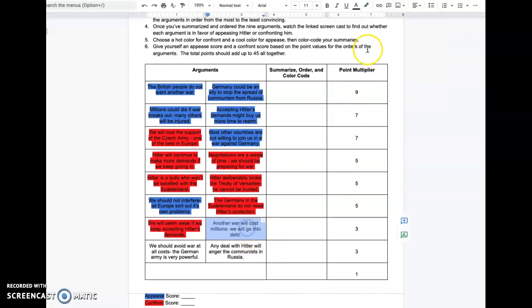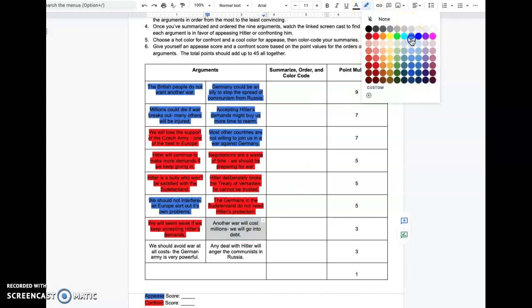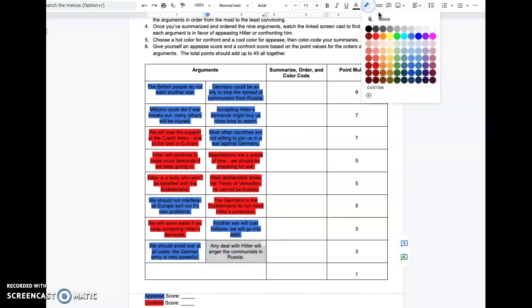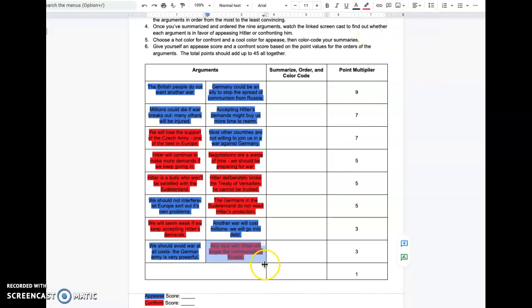Another war will cost millions. We'll go into debt. We can't afford that right now. It's the Great Depression. That's an appeasement argument. We should avoid war with Germany at all costs. Their army is very powerful. Another appeasement argument. And finally, any deal with Hitler will anger the communists in Russia. If that's something that you're concerned about, then you would want to confront Hitler so as to not anger the